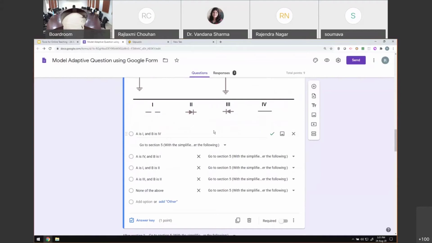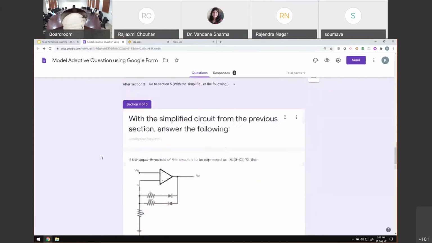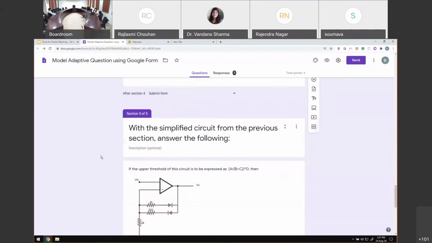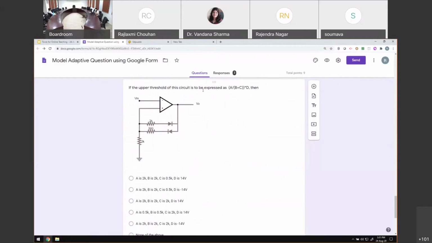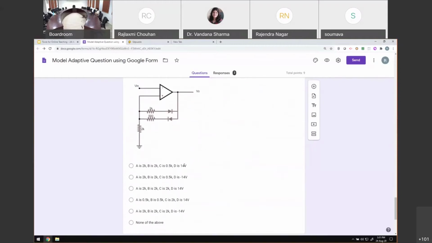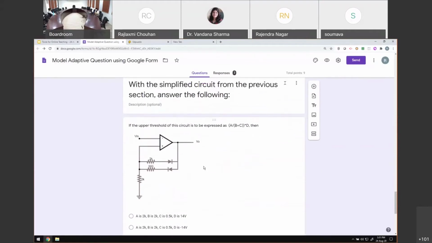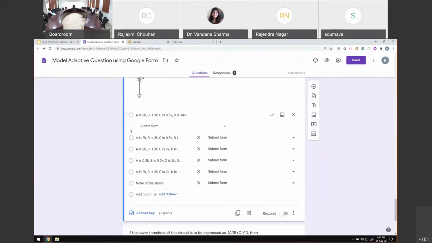He has already made a mistake in the first part, but if he selects the correct answer here, next I wanted to go to section 5. What is section 5? Section 5 asks a certain question based on 14 volt, which is the wrong answer. But the difference now is that this is part 3, and it carries 1 point. So I have already penalized the student. It no longer carries 2 marks. It now carries 1 mark.